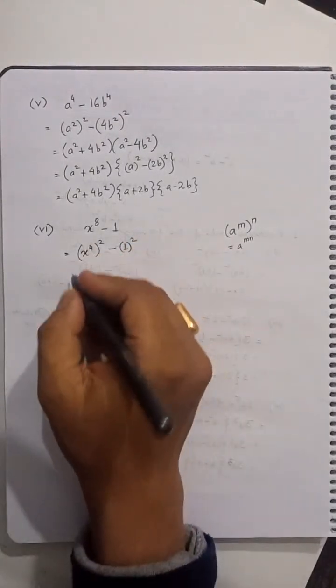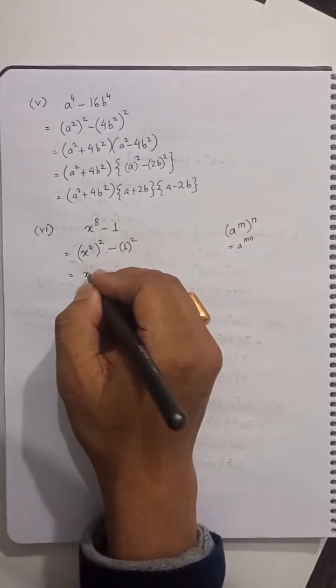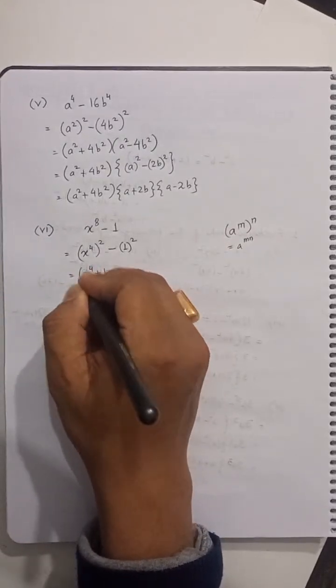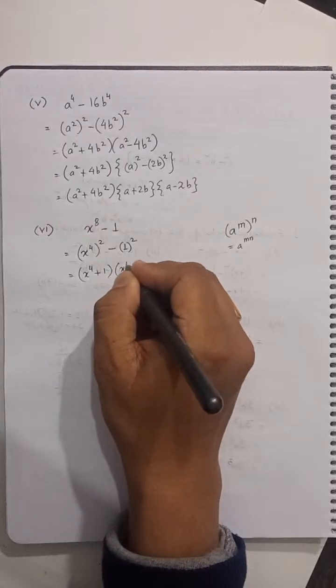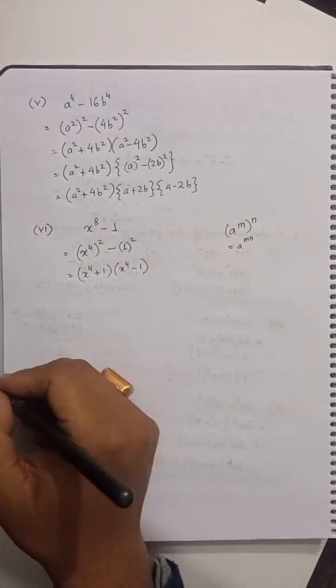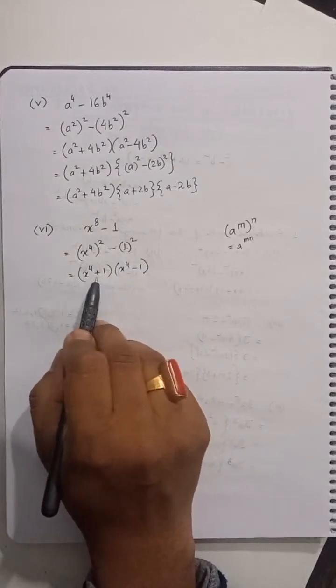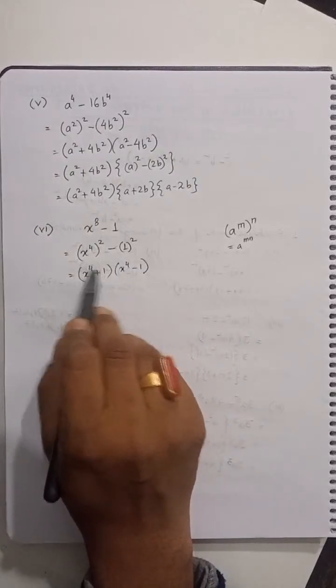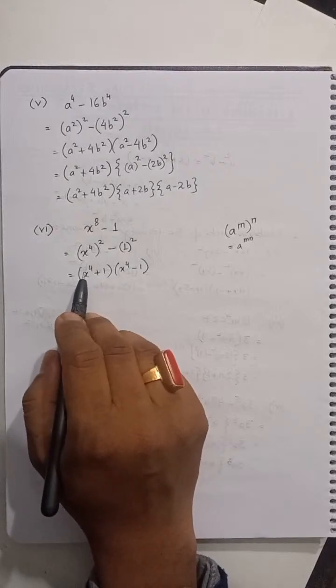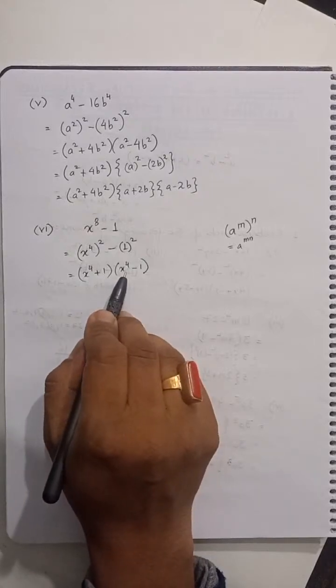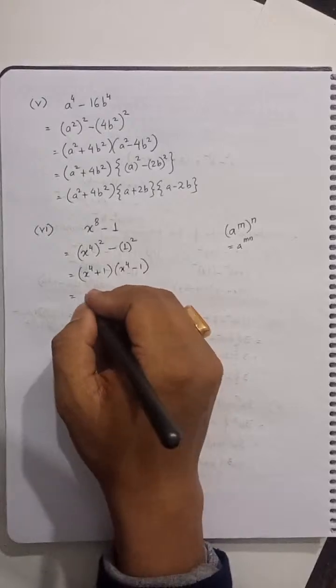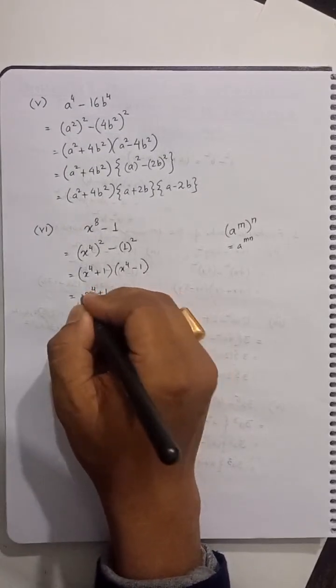Okay, so our first part is x to the power 4 plus 1, x to the power 4 minus 1. Okay, so again, this part where we have x to the power 4 plus 1, this cannot be reduced further, so we will reduce this part, x to the power 4 plus 1,